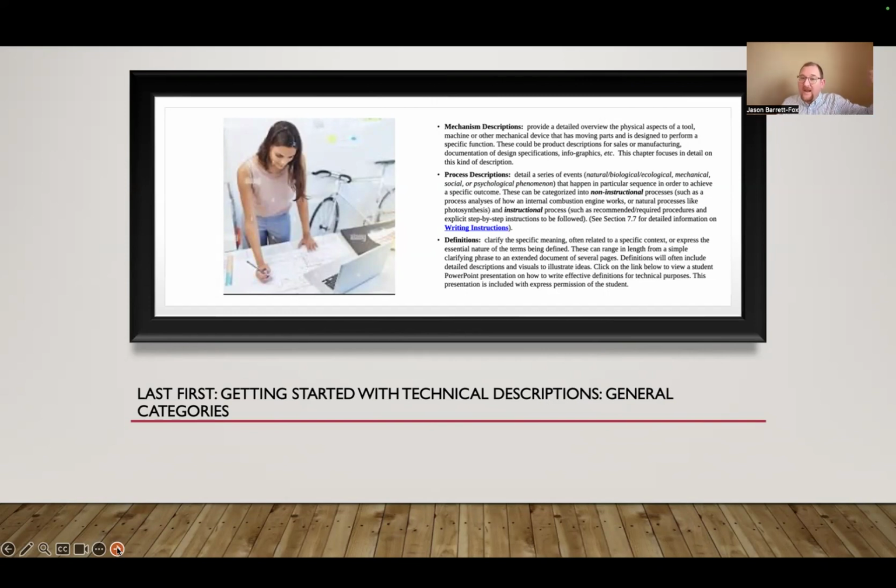So after mechanism descriptions, we move into process descriptions. Here we detail a series of events that happen in a particular sequence in order to achieve a specific outcome. These can be categorized as non-instructional processes, such as a process analysis of how an internal combustion engine works, or natural processes like photosynthesis, as well as instructional processes, and this is where we are, such as recommended or required procedures and explicit step-by-step instructions to be followed. And again, this little guide from the last piece directs us to 7.7, from which we will be extrapolating most